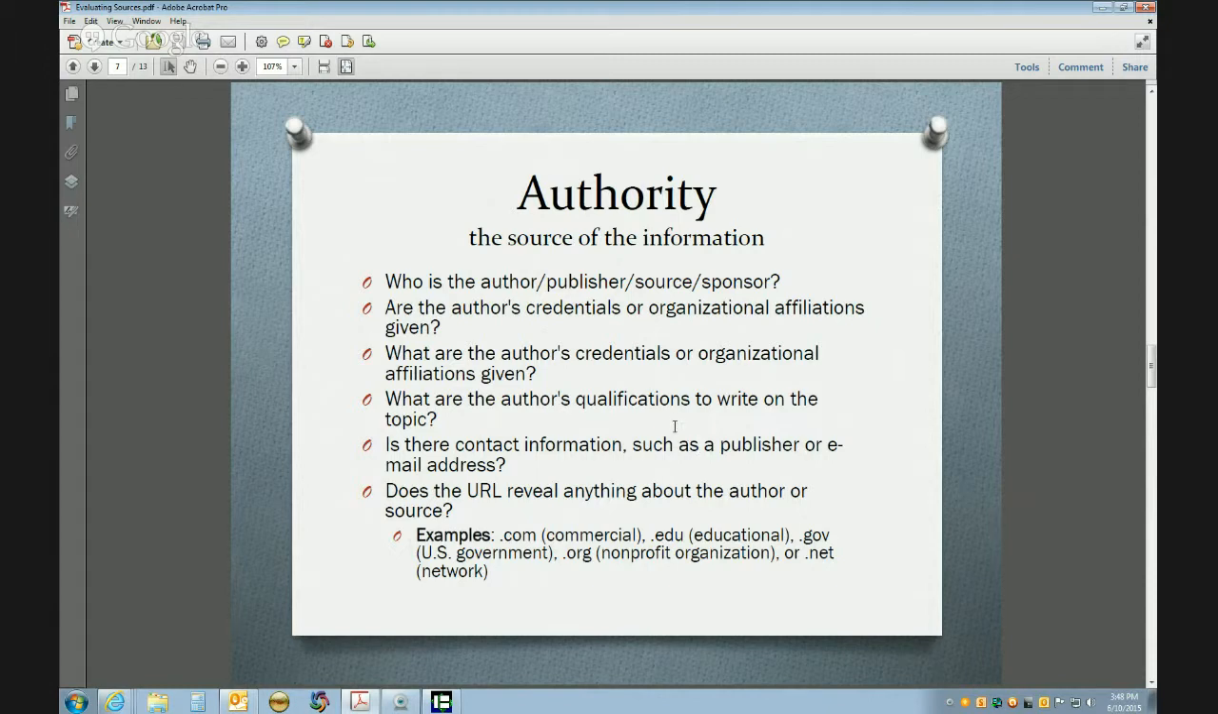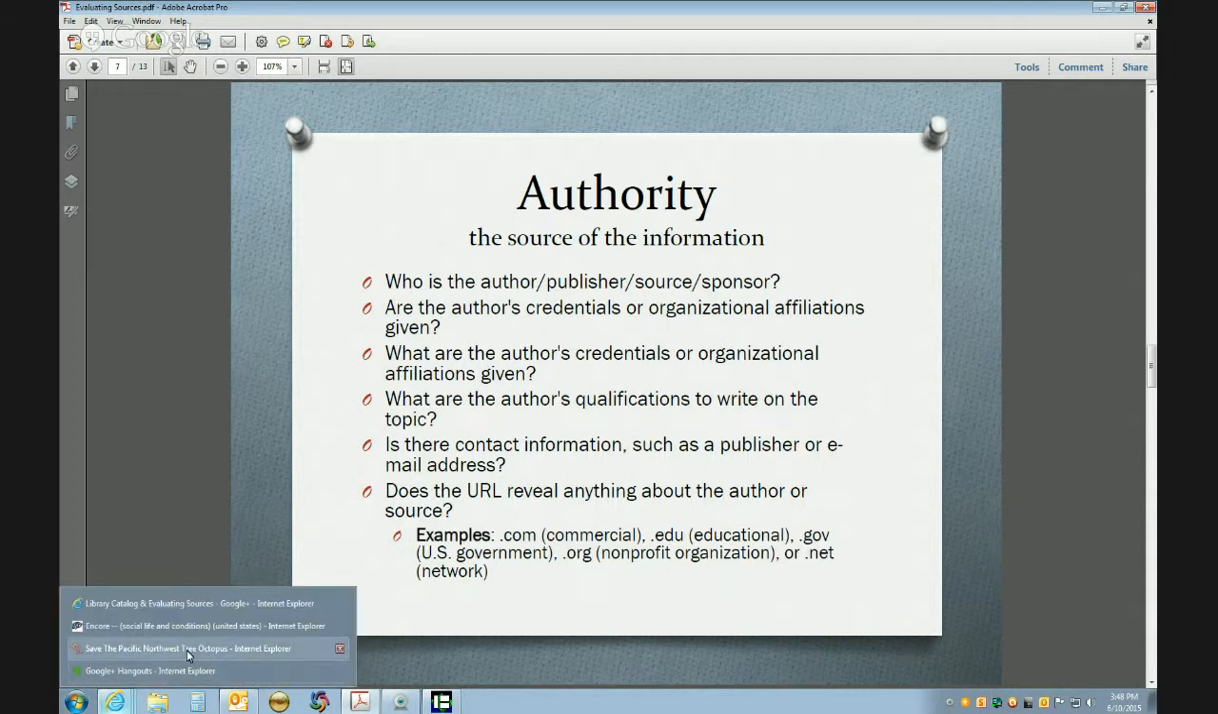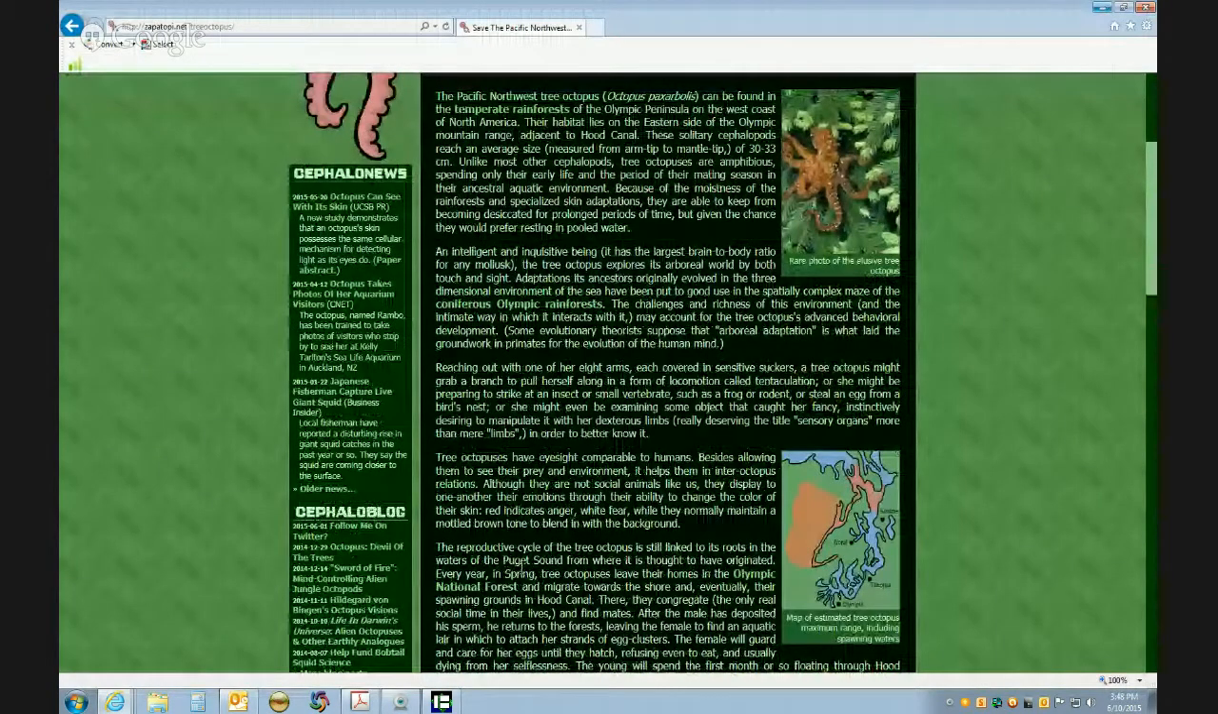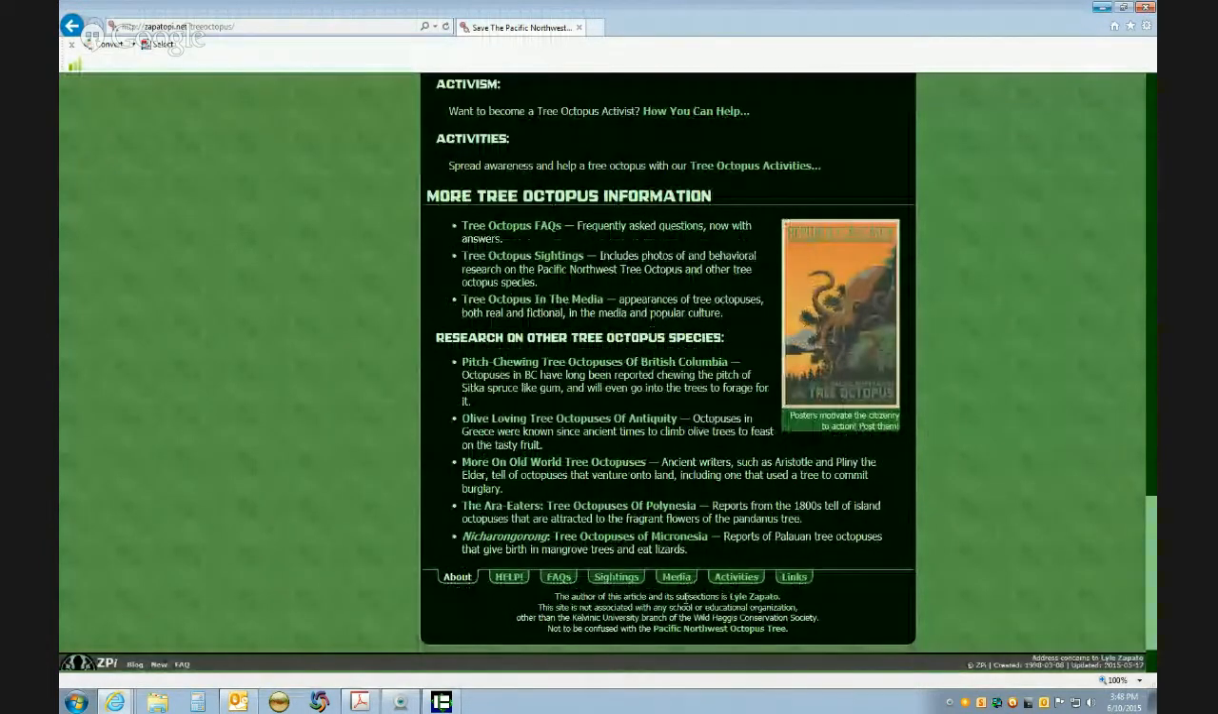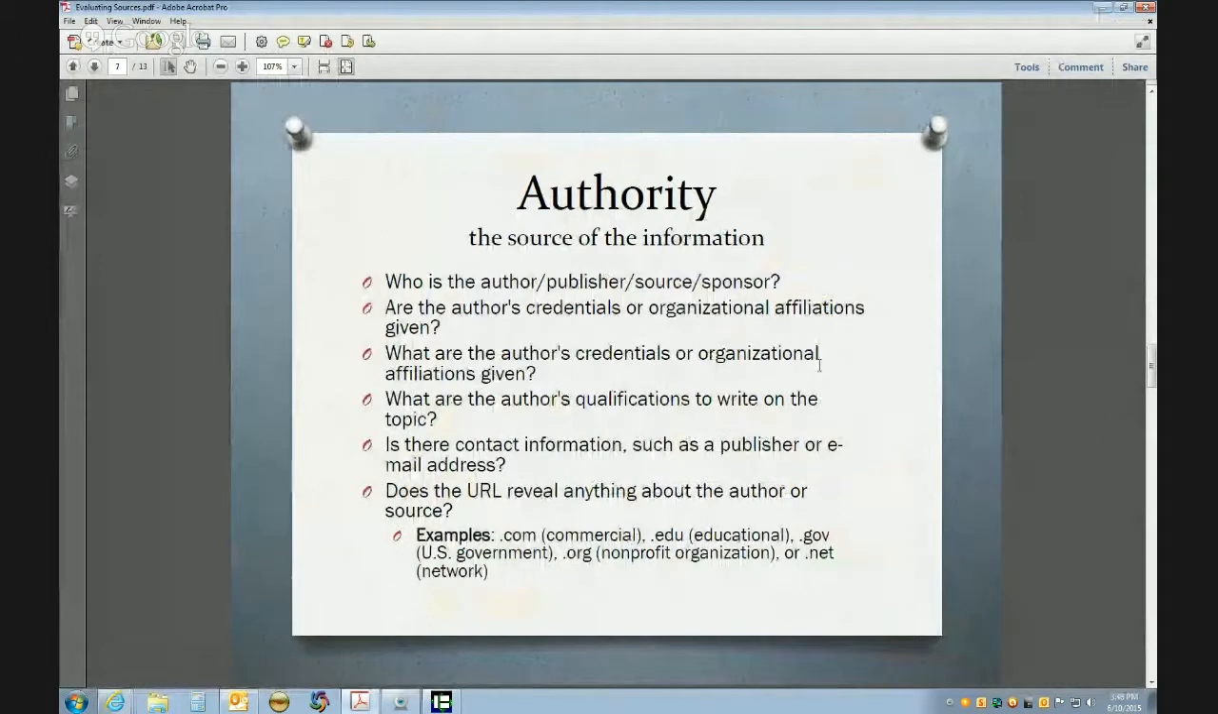Are the author's credentials and organization affiliations given? This is something you can search for. If you look at this page, it doesn't give this person's credentials. It just says he's the author. That's it. It doesn't give his credentials at all. So you can always check to see what the author's credentials are, if they have a doctorate, if they should be giving medical advice,